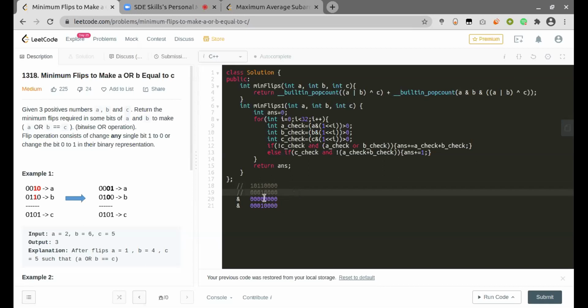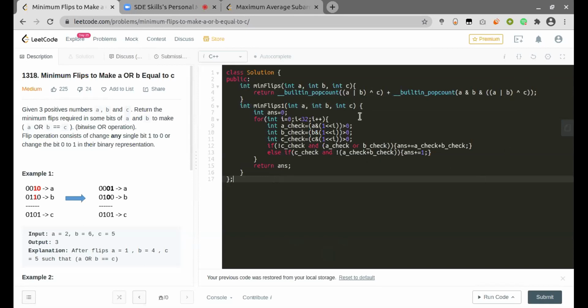Yeah, so here it will give me this value, and then when I AND it with this value, which was giving me the number of flips in the previous operation which we performed. So when I AND it with this number, I will come to know that one of the bits is set to 1, but in C that bit is already set to 0. So this means that I have two bits to flip here. So here we can just count those number of flips by just counting the number of set bits. Perfect. Yeah, correct. That's the way. Only we have to differentiate whether the bit is 0 or 1.